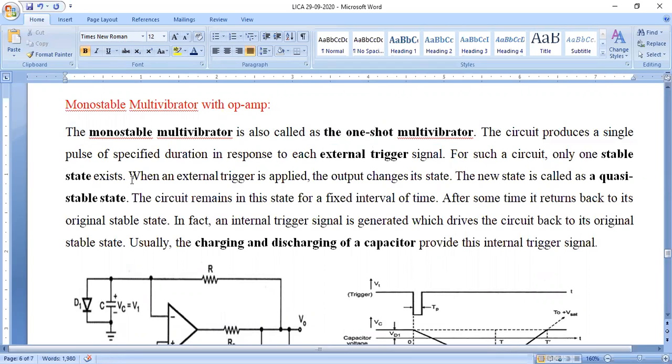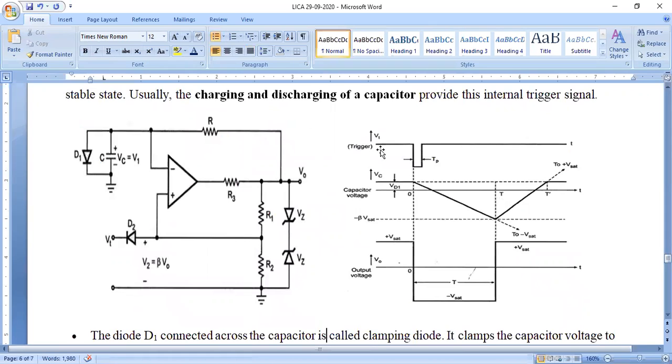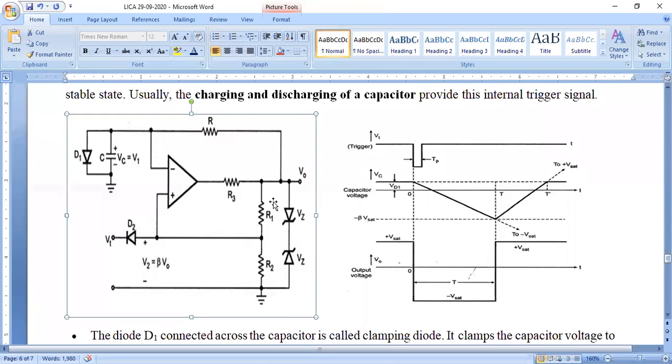This external trigger circuit will produce an output pulse with a specific duration of time. So the entire multivibrator will produce the pulses depending upon whatever the external trigger is producing. That means we are feeding our multivibrator with the help of this external triggering circuit. The entire multivibrator is operated or analyzed with the help of this external triggering circuit, which we are